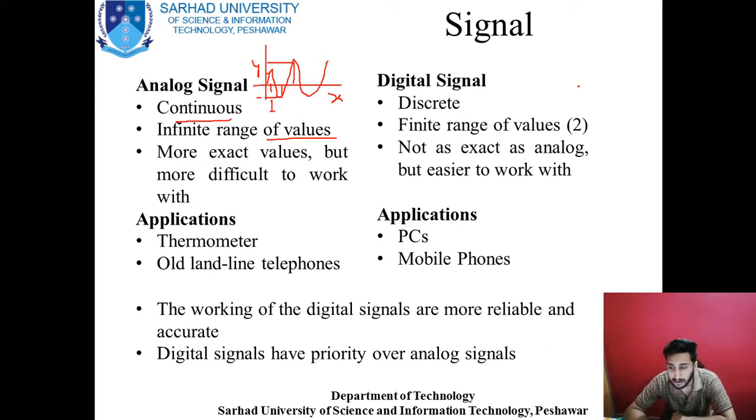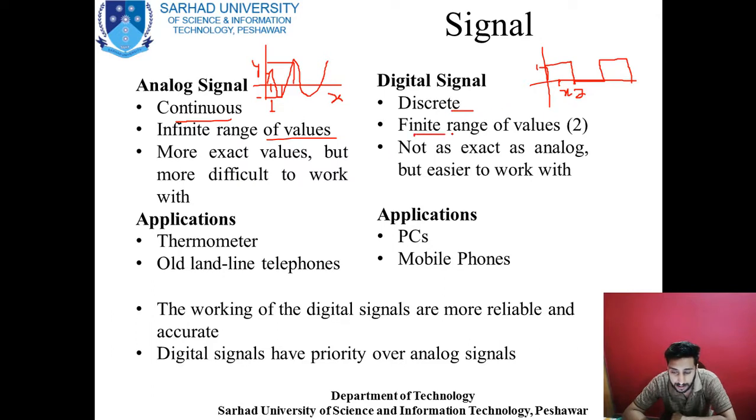And what is digital signal? Digital signal is discrete. It means that you will not be getting every value. For every value of x you will not be getting y. You see that for x here, this is the value of, let's say, y, that is 1, and for, let's say, x is equal to 2, you are not getting any value. This is the same previous value, so this signal and that signal are the same. This means the signal is discrete.